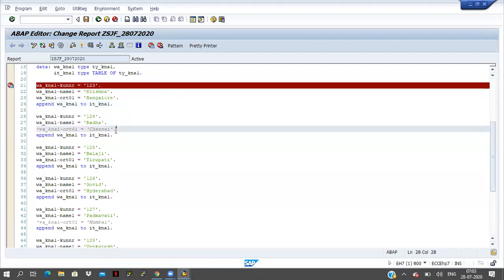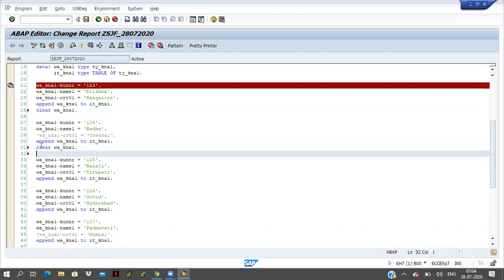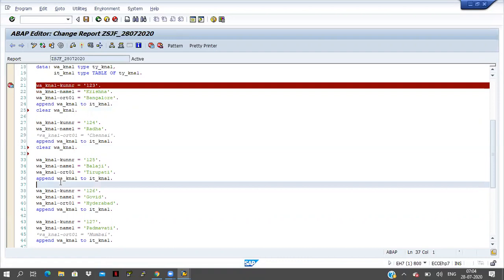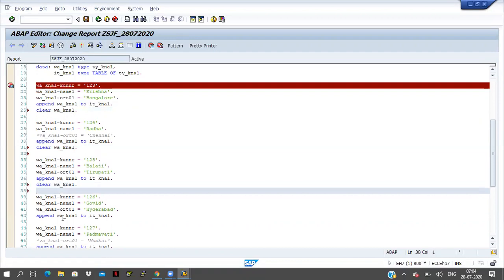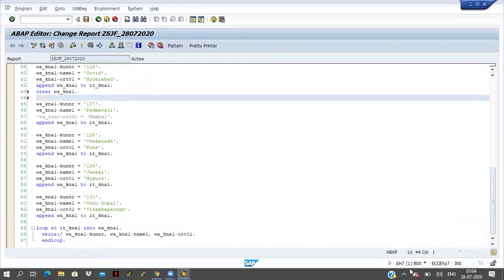So here what we have to do is write one more statement: CLEAR Workarea KNA1. Copy this one, and you have to write it after each and every APPEND statement. In real time, we will write in this way only.